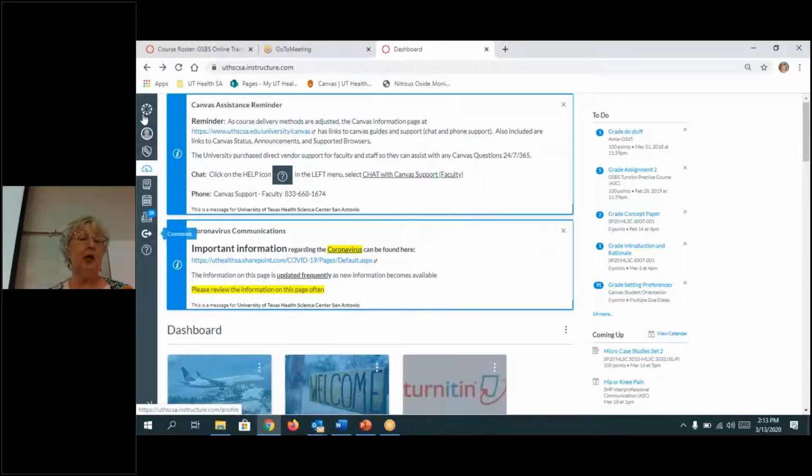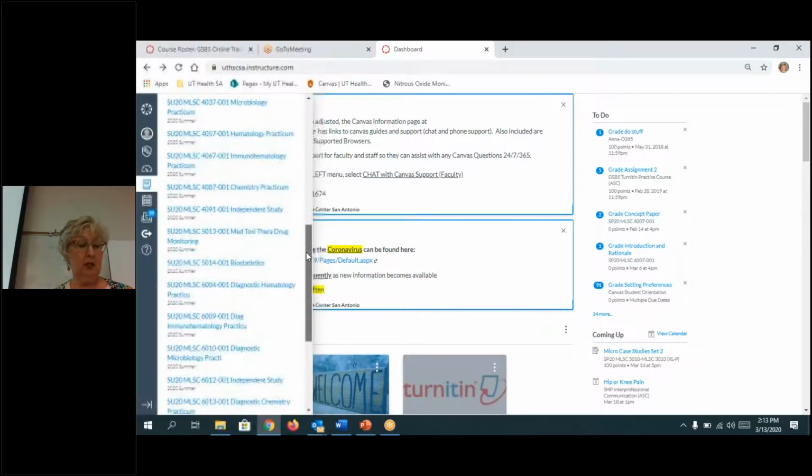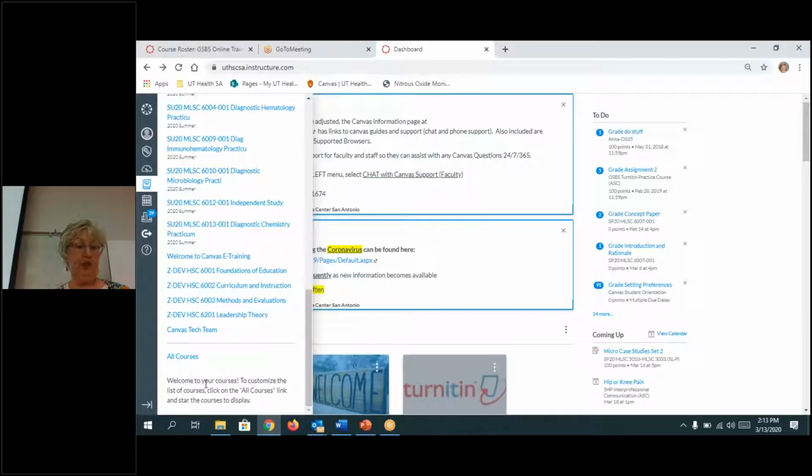This gray bar is called the global navigation bar, okay? In your global navigation, you have the dashboard and you've got this little computer that says courses. So click on courses and then you'll find all courses. And I have a bajillion. You probably will too.